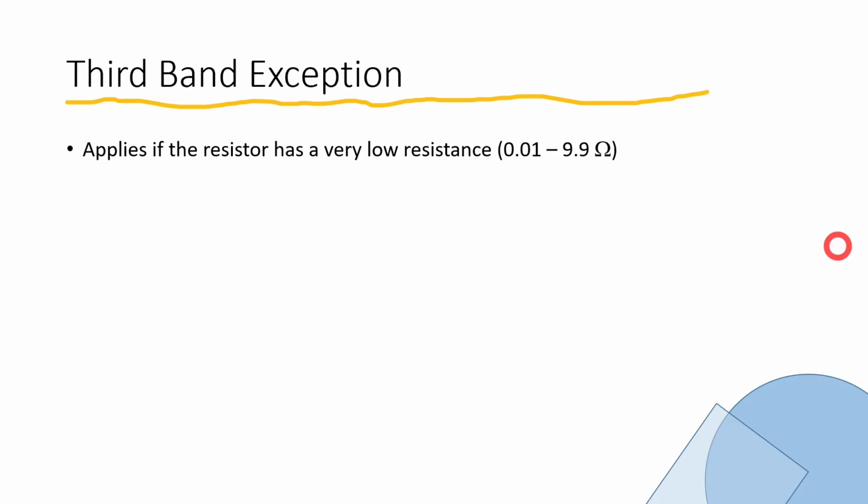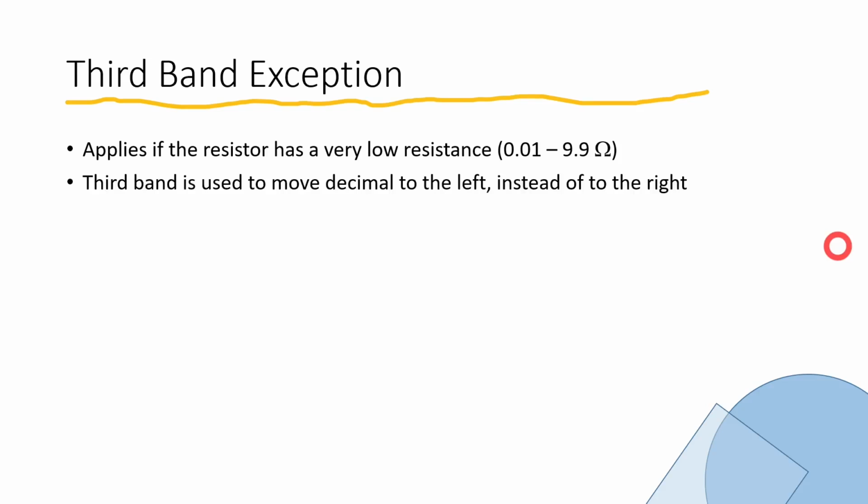Okay, the third band exception. The third band exception is for very low resistors. These are actually very rare, but they do exist. And the third band is used to move the decimal point over to the left instead of to the right. Okay. And so if the third band, remember gold and silver,